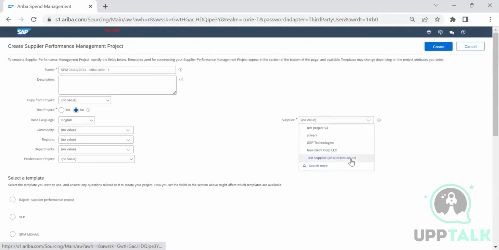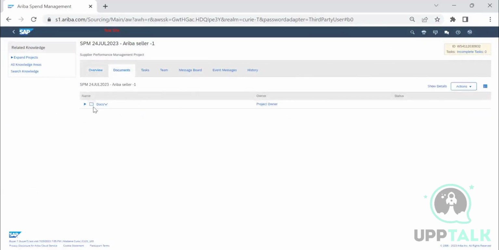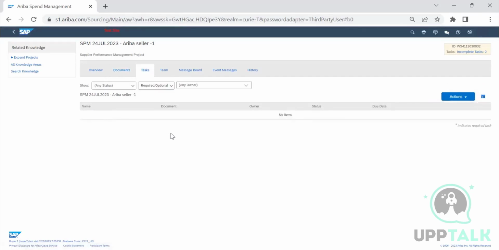Select the supplier. Create. Steps remain the same. So now you can see, scorecard and survey, these two need to be presented. This is also not a correct template. So here we have